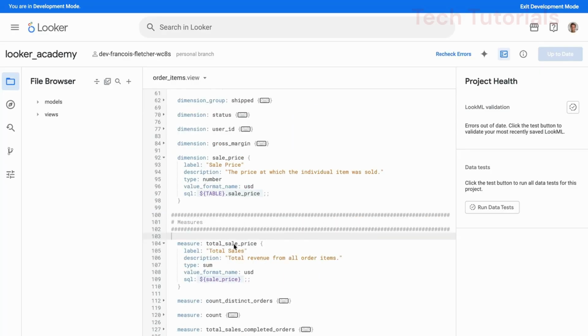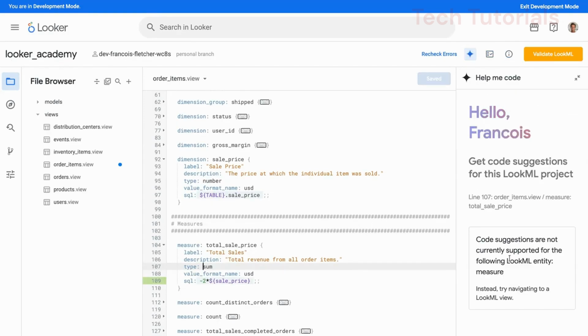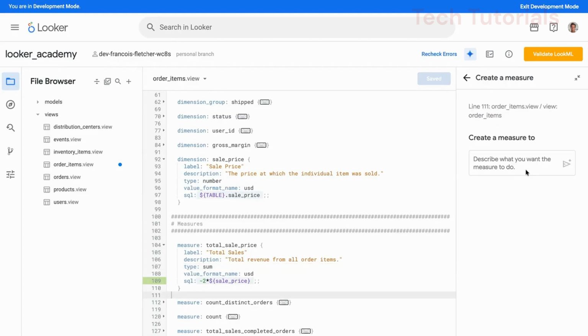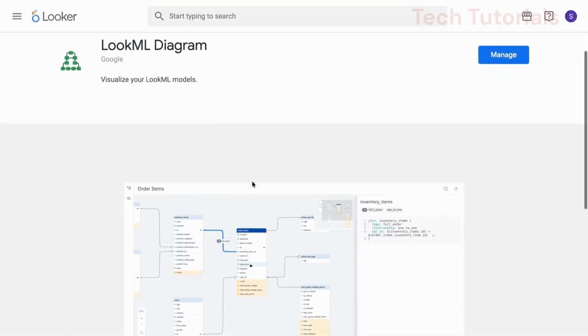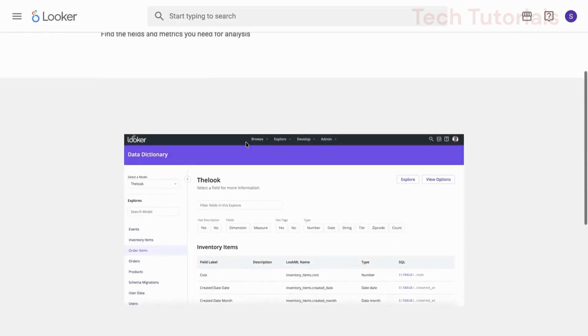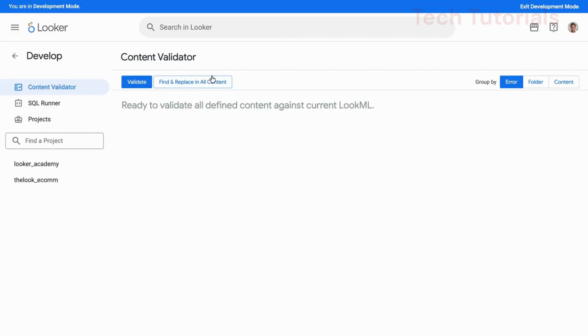To help your team ramp up quickly, Looker provides several resources: quick help, on-page documentation for specific parameters, LookML Assistant, a vibe coding AI tool that uses natural language to suggest code snippets. For instance, you can ask it to write the sum of margin, and it will generate the LookML for you. Visualization and troubleshooting tools like the LookML diagram extension show junctions between tables, while the data dictionary displays model metadata. Additionally, the content validator allows you to find and replace references across your entire model if your backend database schema